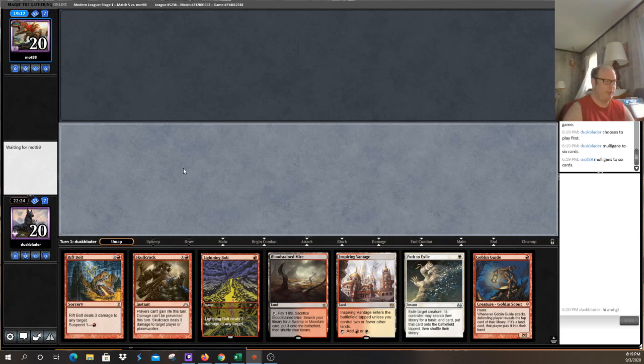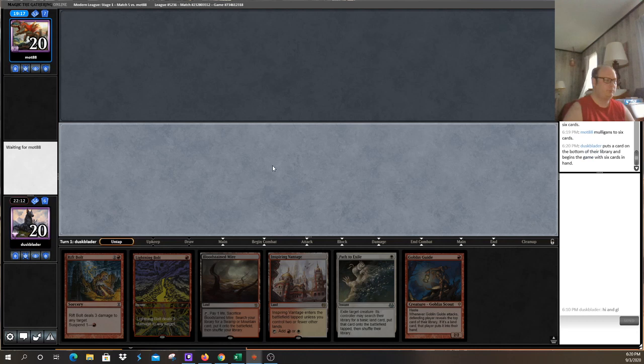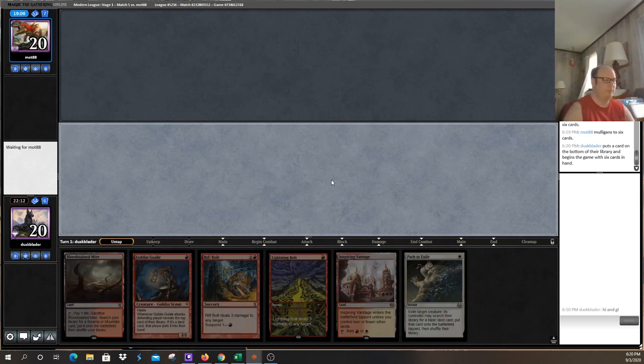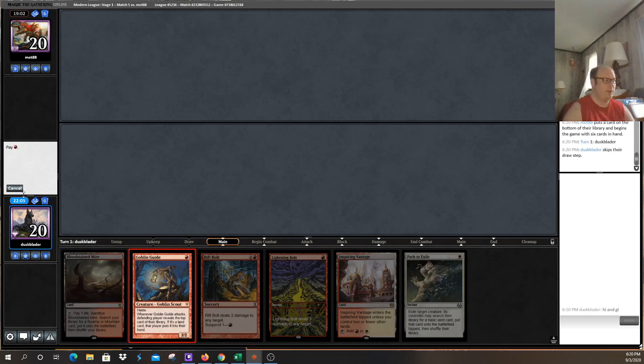Probably putting back the Rift Bolt, question mark, or the Skullcrack. Can crack the fetch without really thinking too much about it. We don't have any type of like Searing Blazes in our deck right now, so